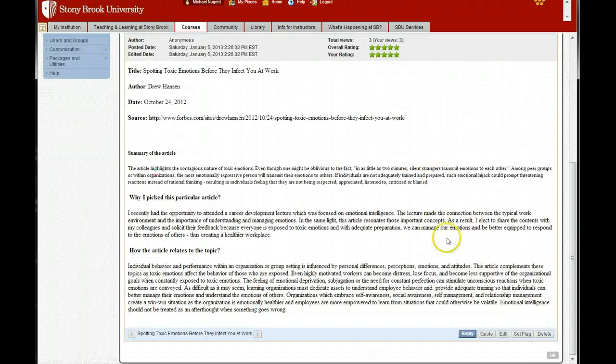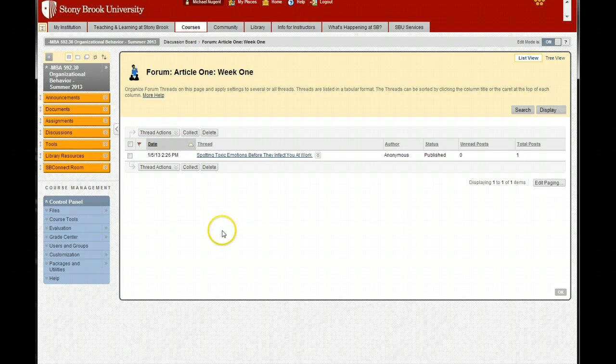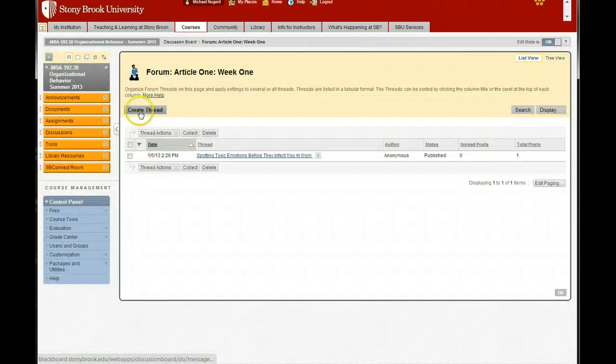Now, if you're going to post an original, what you want to do is create a thread. I'm going to go back into the discussion board here, article, and create thread is right here.